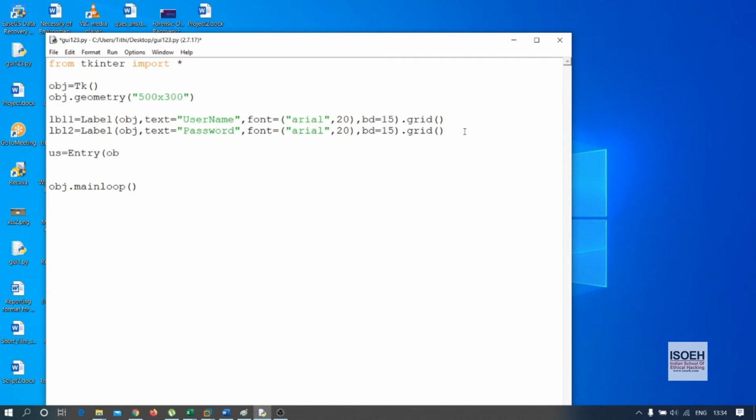Then again, first of all, you have to pass the object, and dot grid. Same for the second one, we have to use Entry, dot grid. And we can use styles also, like font.